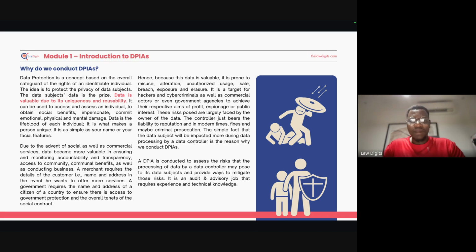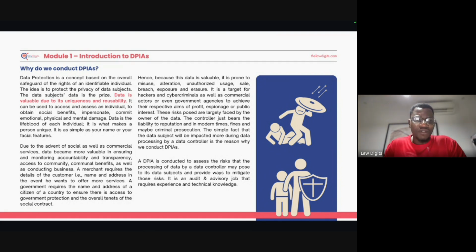A DPIA is conducted to assess the risk that the processing of data by a data controller may pose to its data subjects and to provide ways to mitigate those risks. It's an audit and advisory job that requires experience and technical knowledge. We, as LawDigits, offer advisory, obviously. A company reached out to us, an international company, quite massive. They want to do a project here in Nigeria, and they need us to come down to do the DPIA for them. So we were discussing, and